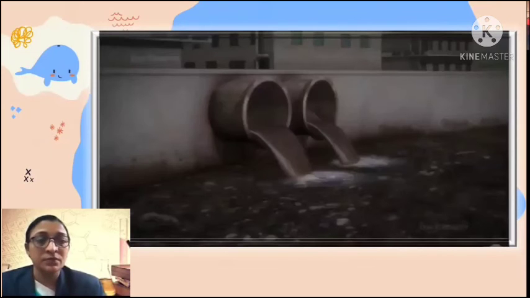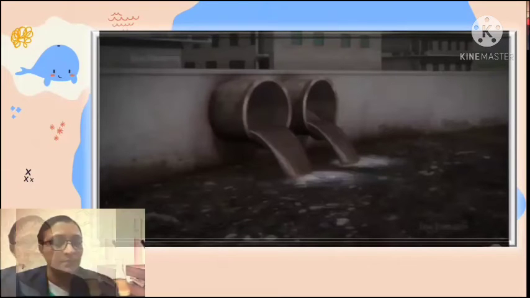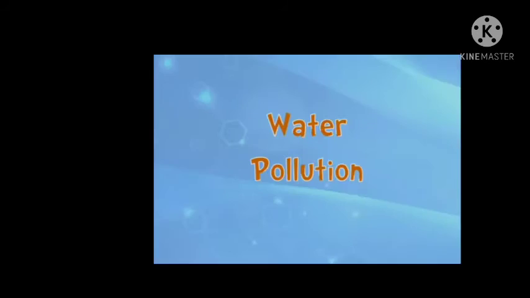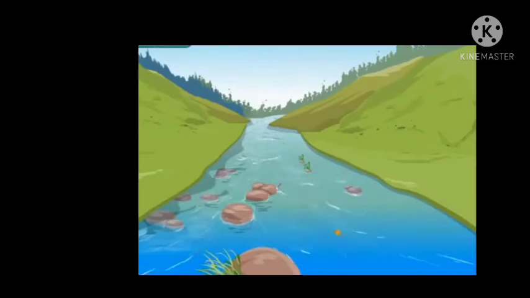Let us observe this visual which will help you to understand different sources of water pollution. Water pollution. Water is one of the most valuable resources provided to us by nature.